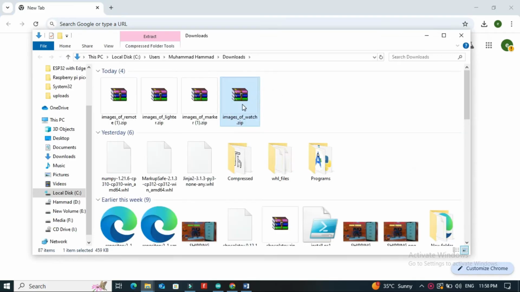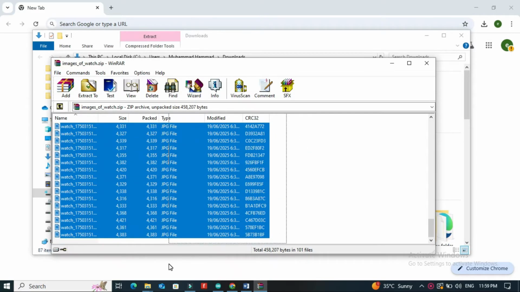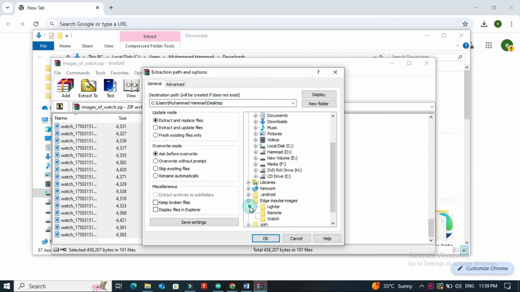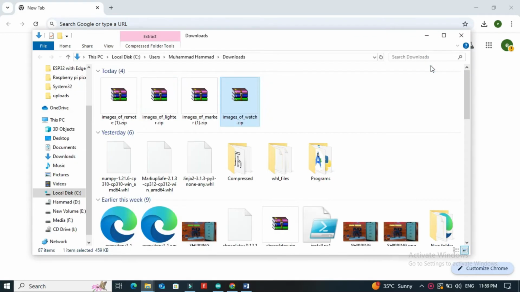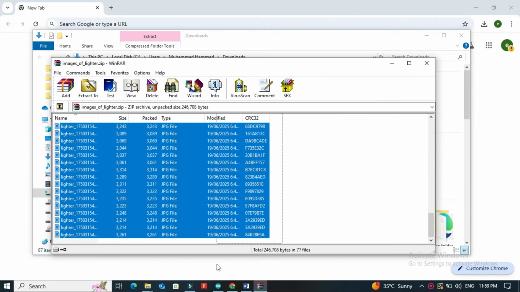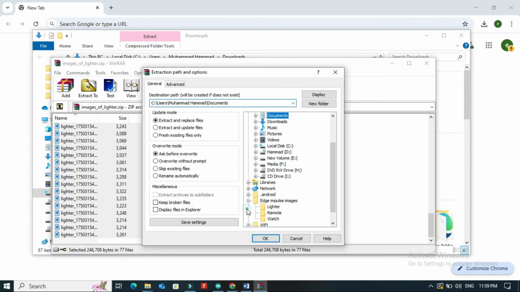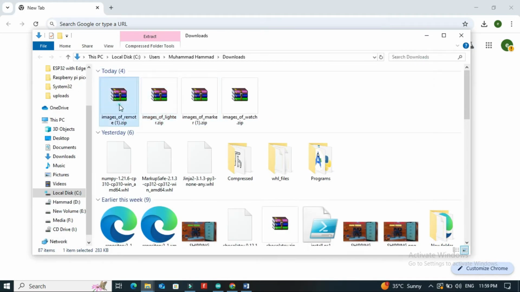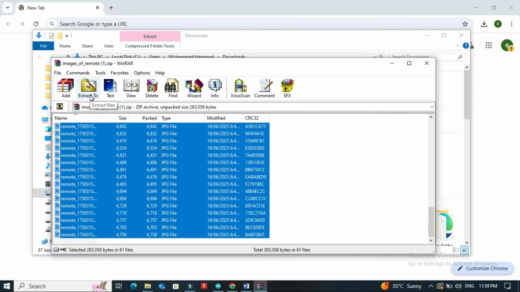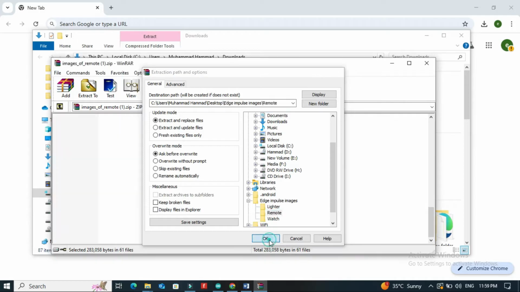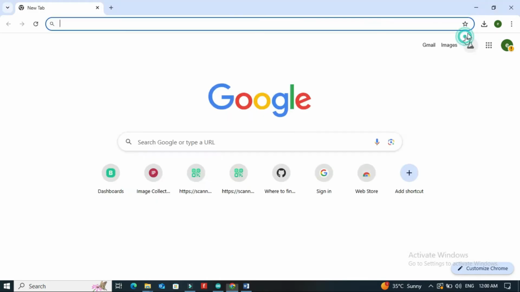Extract each zip file and place the images into labeled folders. For example, watch, remote, and lighter.